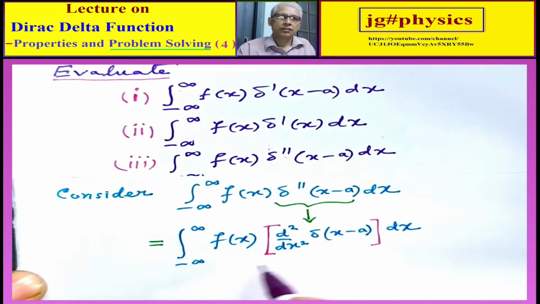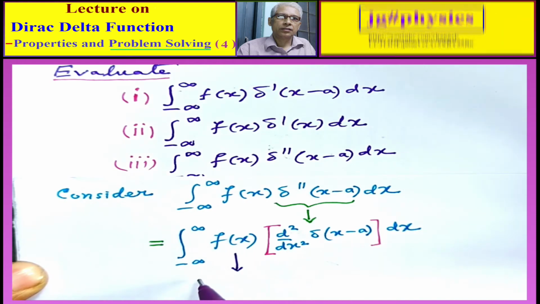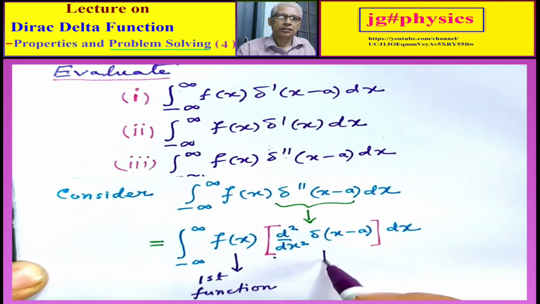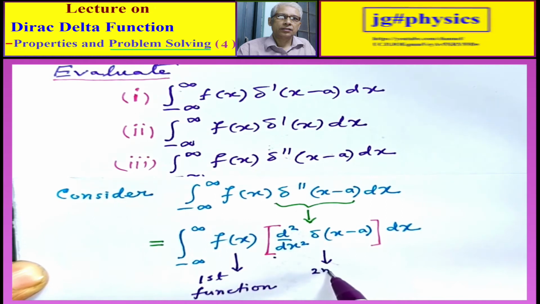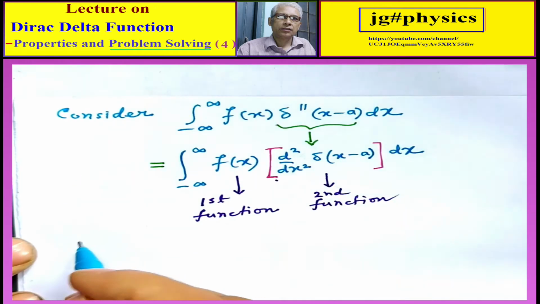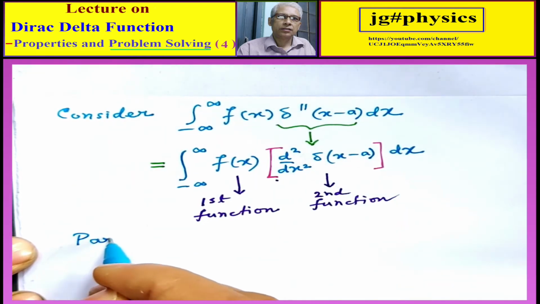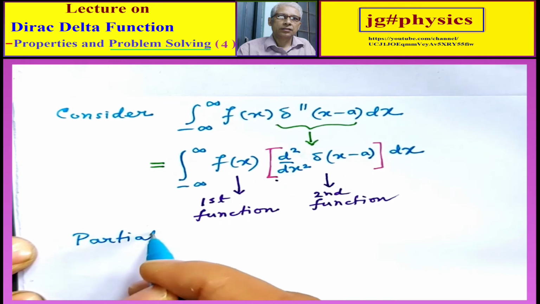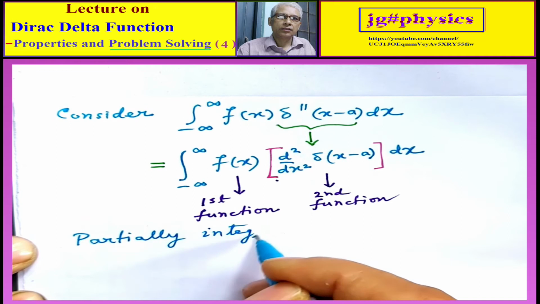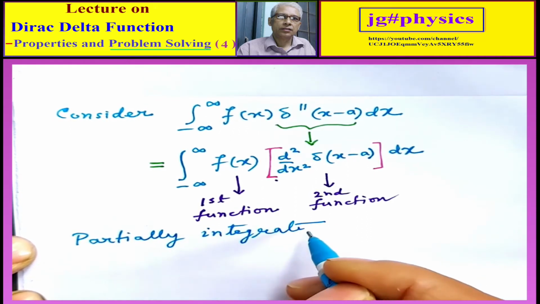We will handle now f of x as the first function, and d2 dx square of Dirac delta x minus a represents the second function. We now partially integrate to get